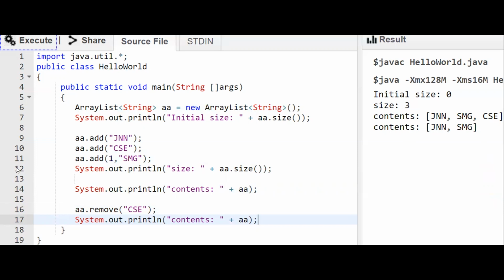Again, in the remove method there are two variants. Either we can remove by explicitly specifying the object itself, or we can remove by specifying the index position. The same remove method we can call by specifying the index, so let us pass the index as 0.